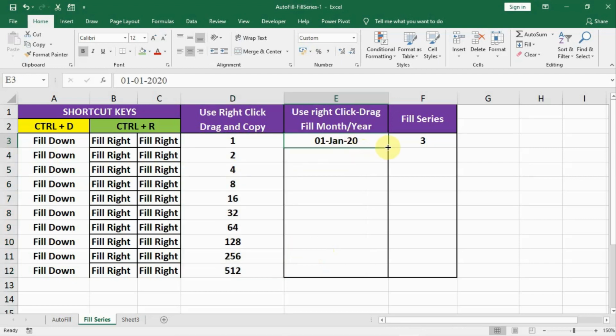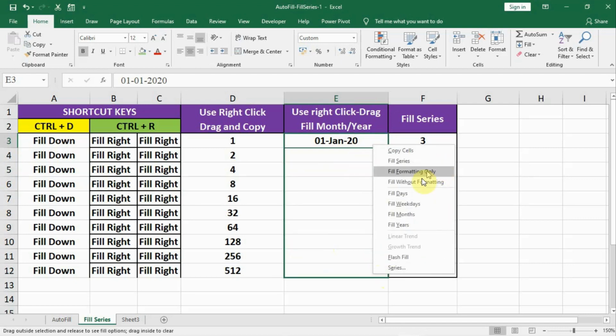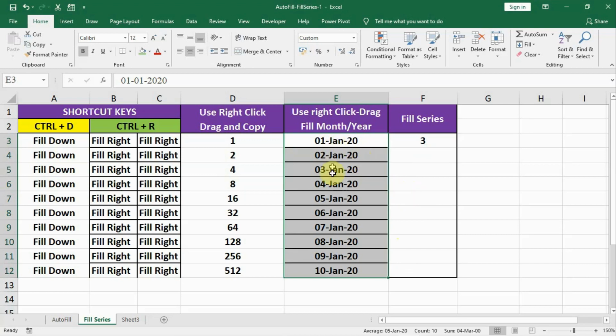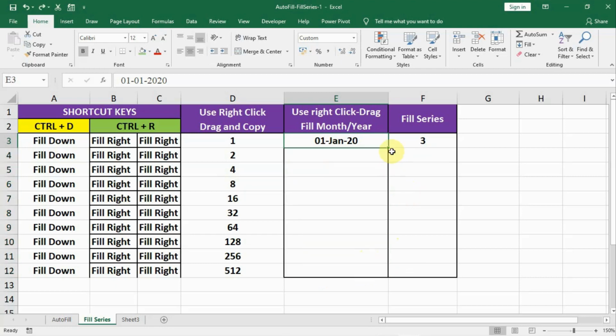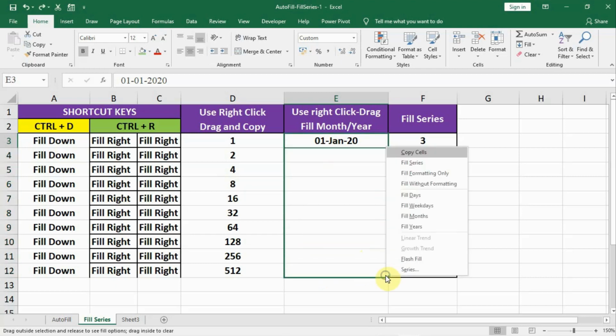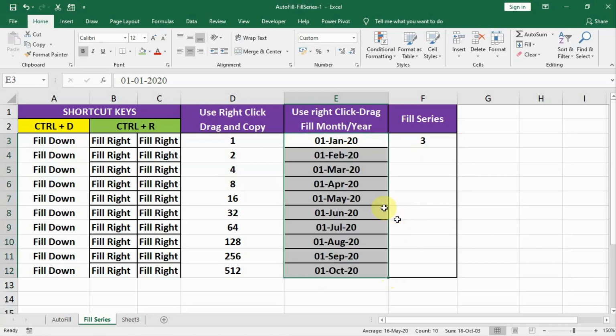Similarly, if I want to drag out a date with a right click, now options are there. I can fill days, fill weekdays, fill months, or fill years. If I fill days, it is sequential, all dates come: 1, 2, 3, 4, 5, 6, 7, 8, up to 10th January. If I press Ctrl Z, I'll do it again and try it out. I have to do it, remember, not with the left click but with the right click of the mouse, and I say fill months. It will be January, February, March, April, May, June, and like this.